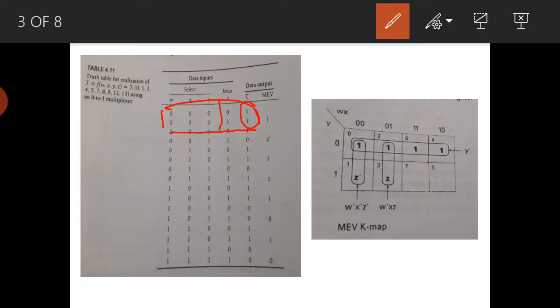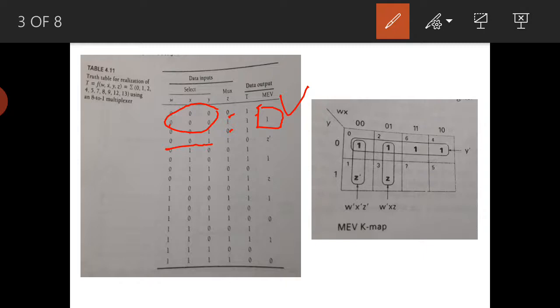So what we can say is, irrespective of z, if these 3 variables are 0, the output is 1. So for the 0 0 0 combination I can take the output as 1. Means for w, x, y variables being 0 0 0, the output is 1, which matches the original truth table.